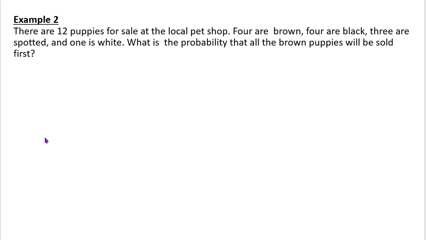Okay, so let's look at our second example here. There are 12 puppies for sale at a local pet shop. 4 are brown, 4 are black, 3 are spotted, 1 is white. What is the probability that all the brown puppies will be sold first? So our number of possible outcomes